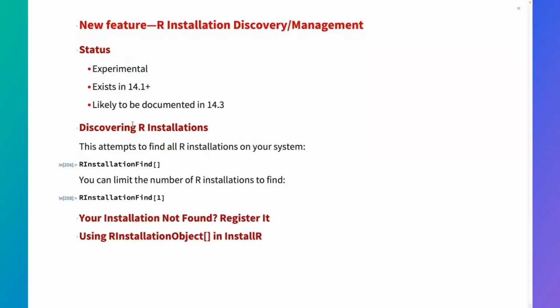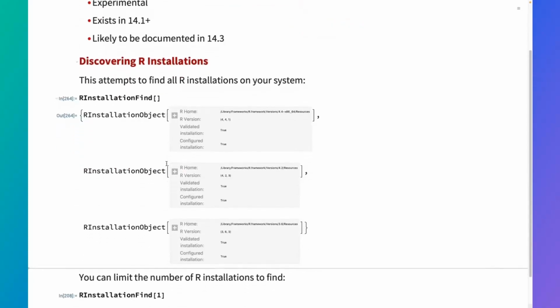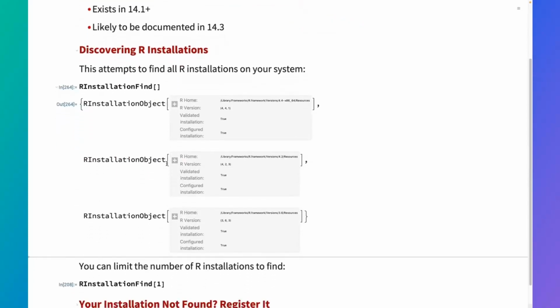It's the automatic functionality to discover and manage R installations. So you can call the RInstallation find function, which is in the RLink namespace, in the RLink context, and the exact formatting and the typesetting of these objects will probably be changed, but basically each installation that the system is able to find, it will find